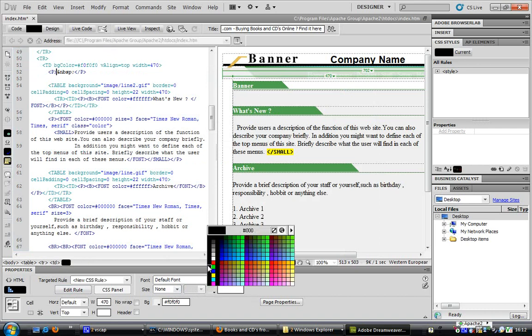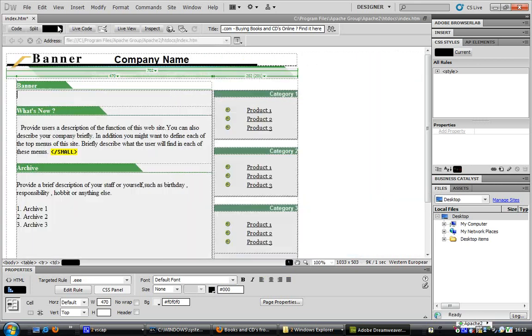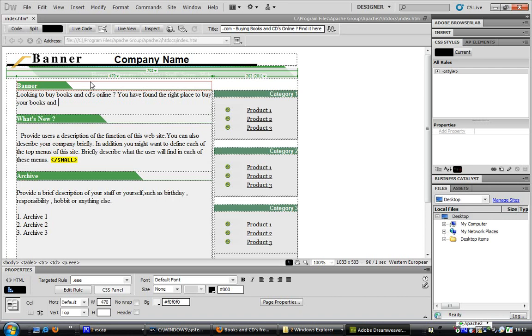So our banner or our tagline is gonna say, looking to buy books and CDs online. You have found the right place to buy your books and CDs. We sell over 100 books and CDs and some blah blah. Okay, so this is our tag text, and of course you can, what's new, you can for example say new